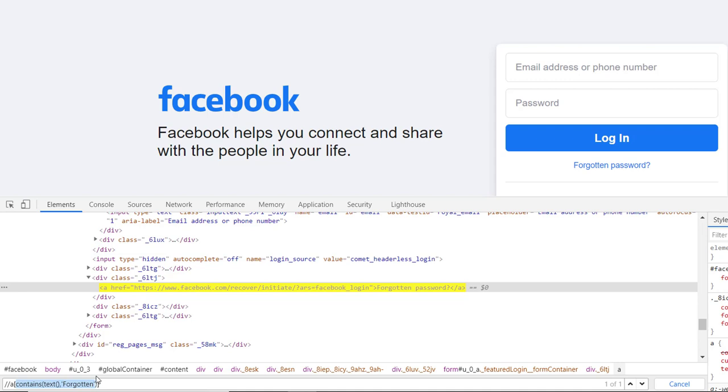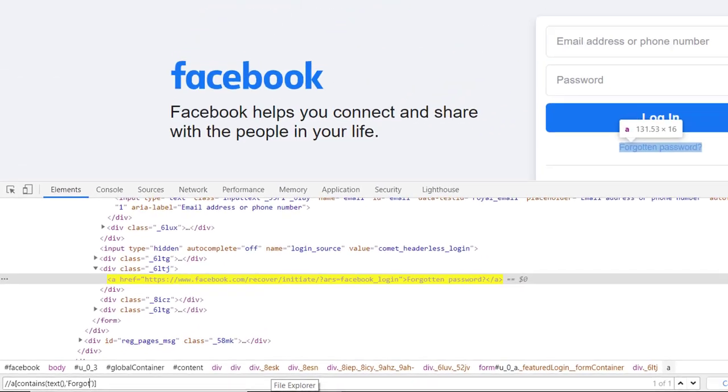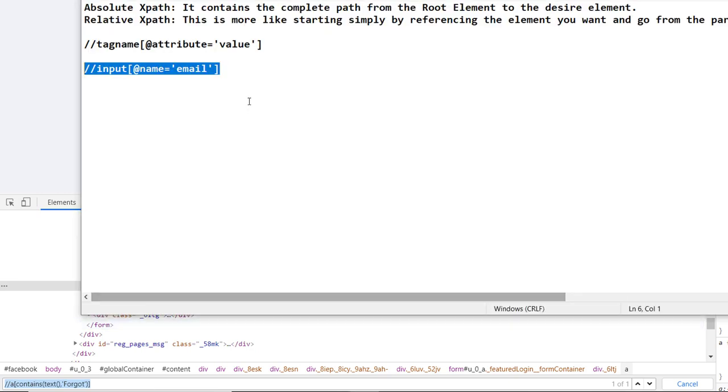In future, if it changes, let's say it says forgotten password this time, and in the future you change this text to forgot your password or something else, then you can simply provide the text in here, let's say forgot, and this forgot will not change in this case, and it will be a dynamic XPath, we can say. So this is the first method we are using. Let me paste it in here. So this is the example of contains.